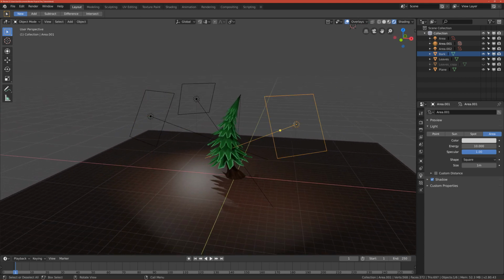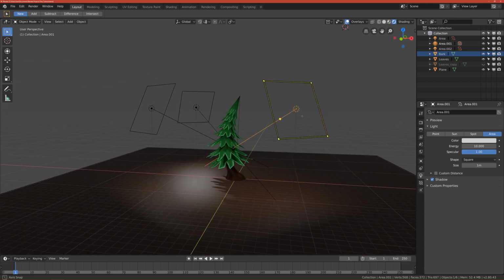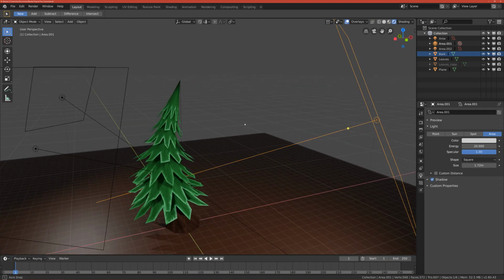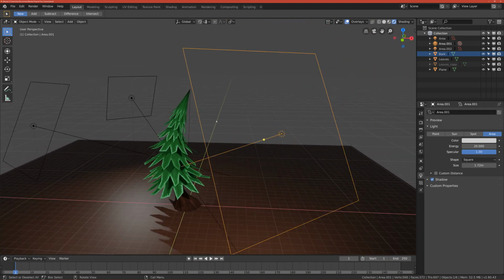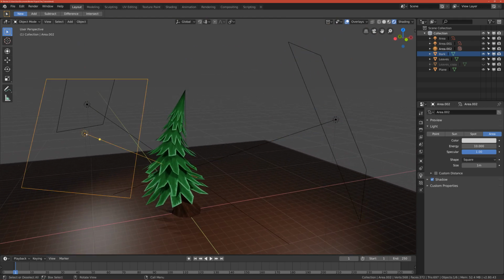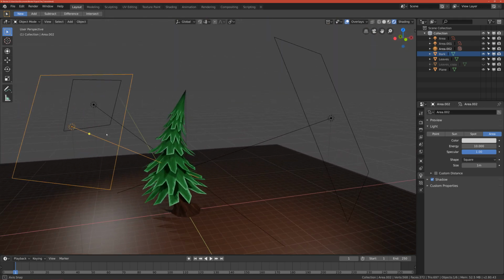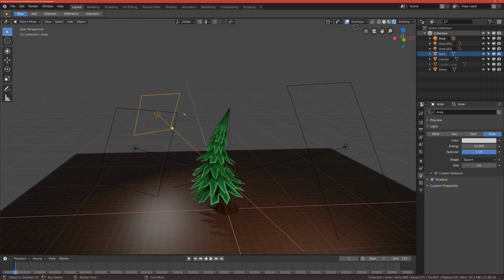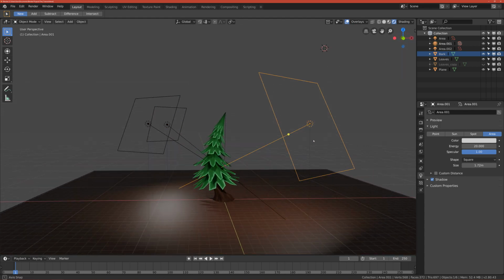and as I told you, this one is the most important. So we can make it even bigger and change the energy to bigger number, for example 20. So this will be the main source of the light, so it will cast most light. And the left one, you can keep the same as the back one, I think, but we'll see. So now after you adjust the energy of each one,